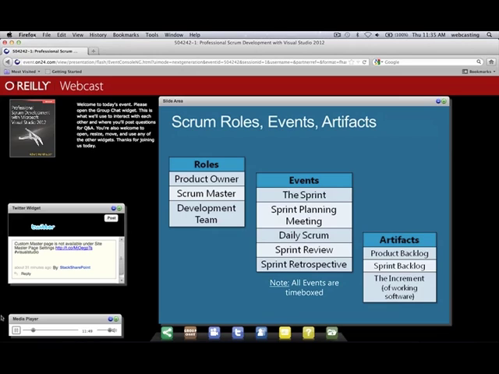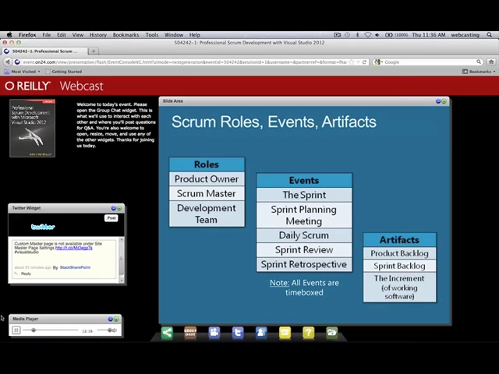And then the artifacts are just the lists of the items that you want the product to do that it currently does not do. That's the product backlog. It has features, it has bugs, it could have gigantic themes, large stories, use cases, scenarios. There's really no specific type of PBI, product backlog item, that's in there. It's just a container for something the software does not yet do that it should.